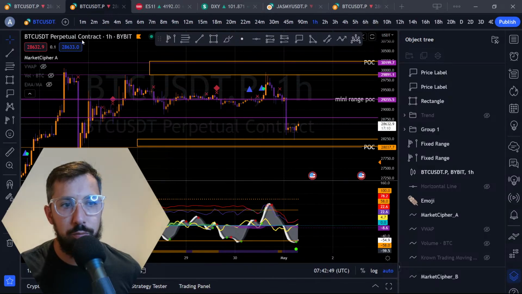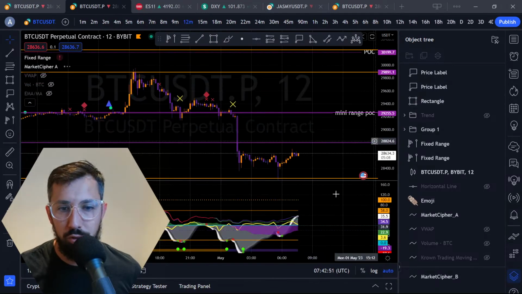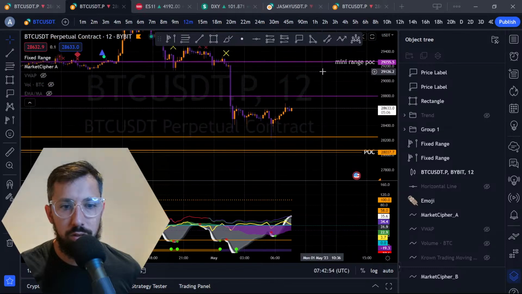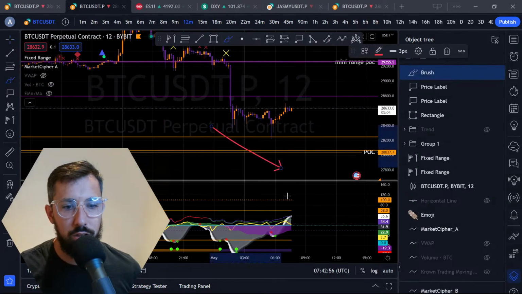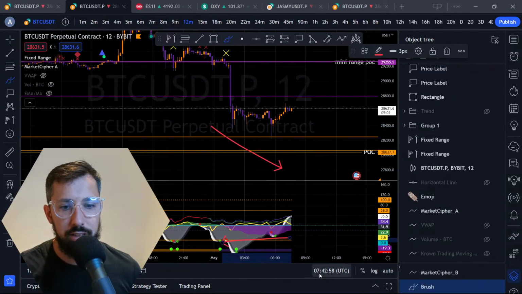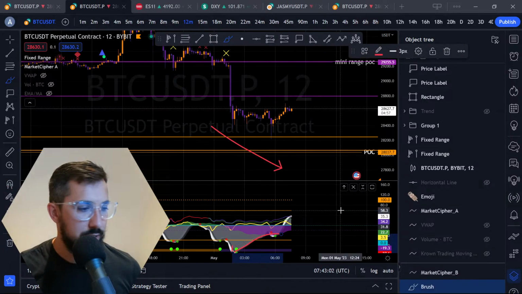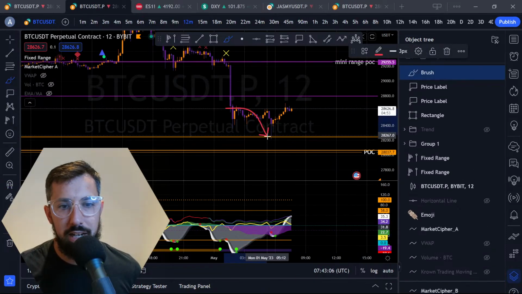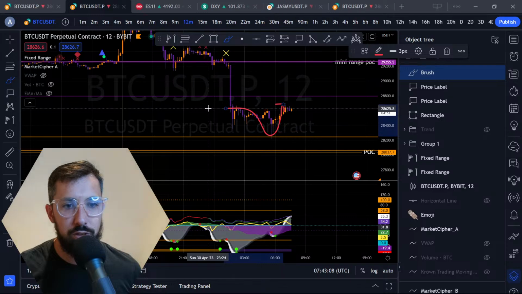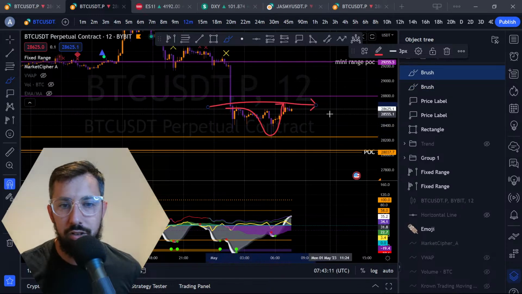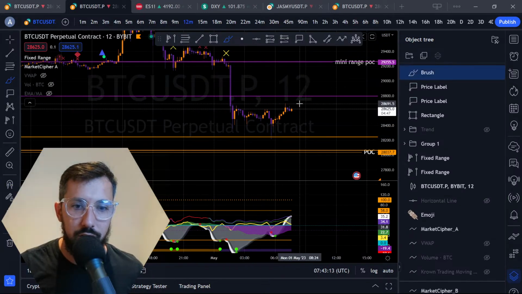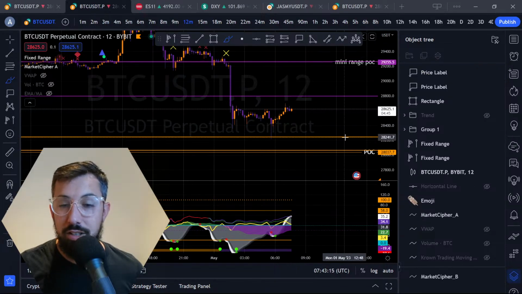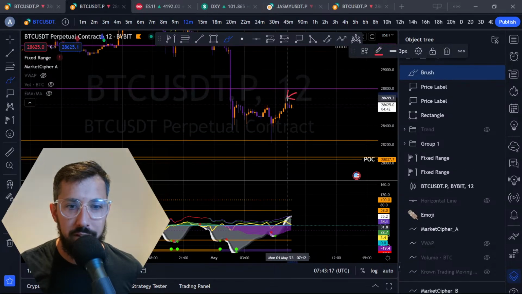Now we go to the 12-minute. We can see, I bet you it's a bull div. Oh, yeah. Look at this. Lower lows, higher highs, right? That was horribly drawn, by the way. So we got a nice bull div there. But guess what? Price came back up to this level here, which is a key level in this range. And guess what? I shorted it. Right here. So I'm in a short from the top of this wick here.